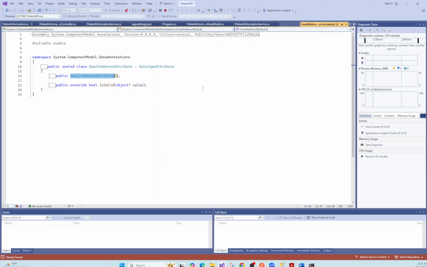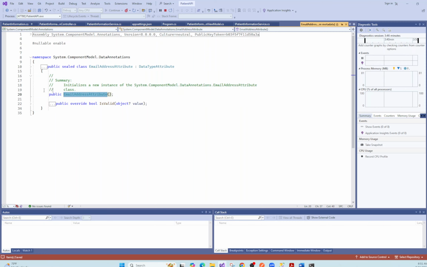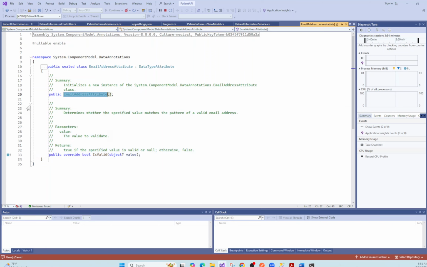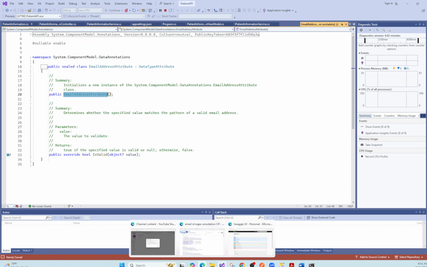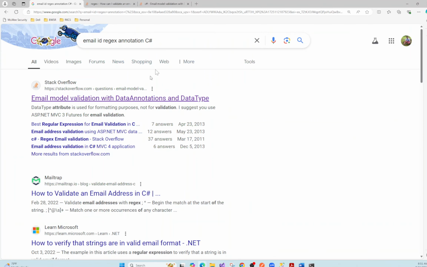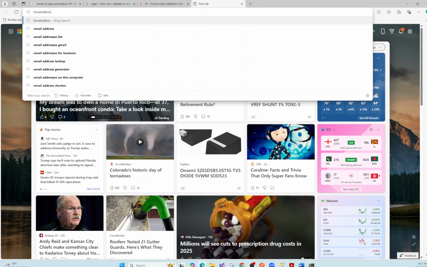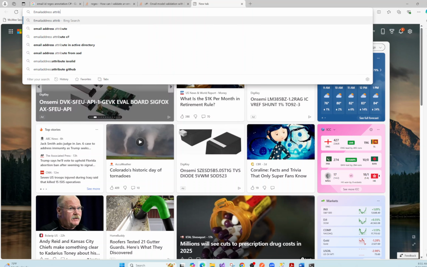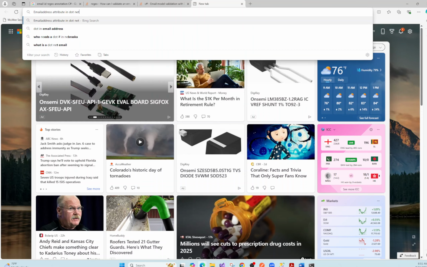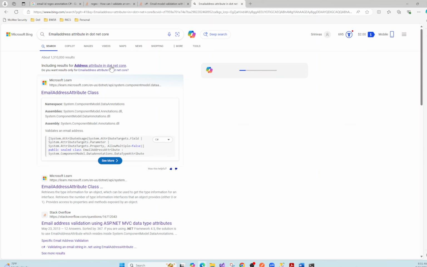So you can check the definition. So email address data type attribute. Okay, initializes new instance of the component data annotation email attribute. Check the documentation. So determines whether the specified value matches the pattern of valid email address. So earlier you had to use the data annotation, but check email address attribute in .NET Core. So when they added,